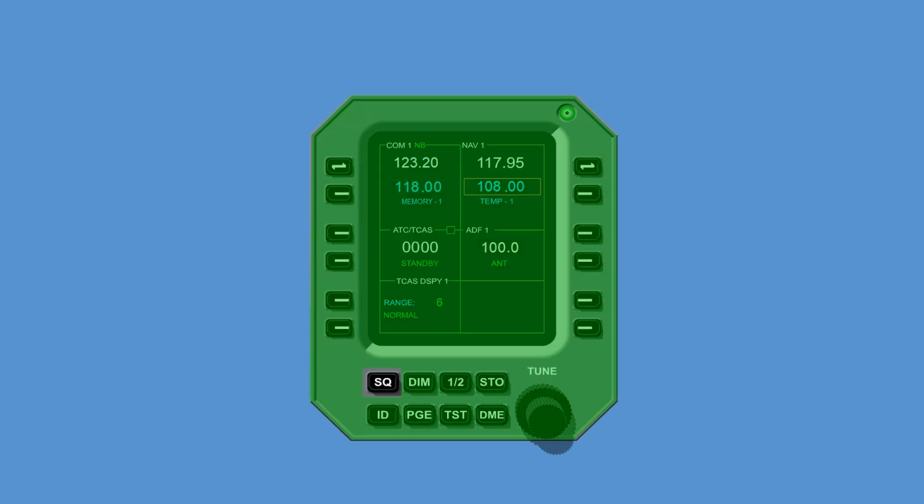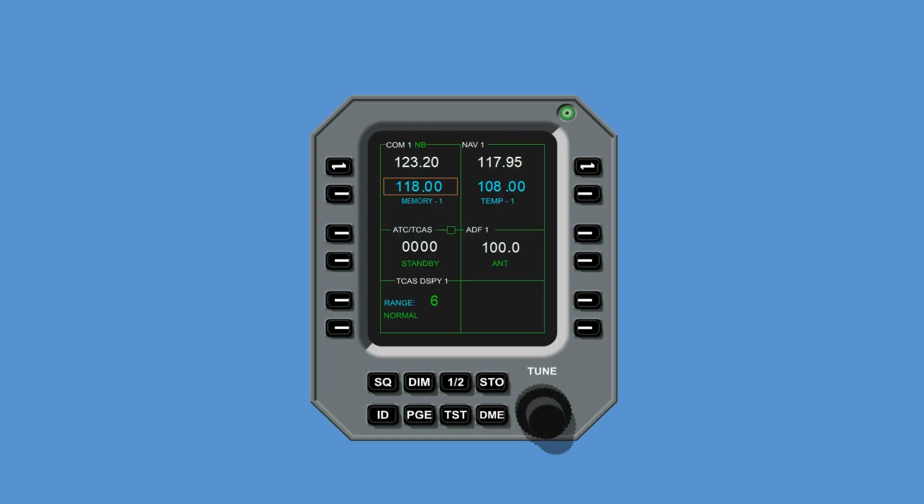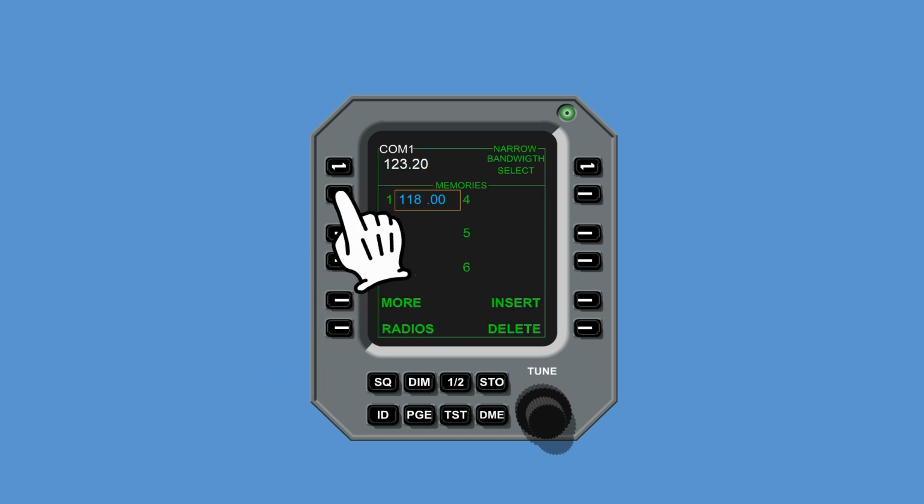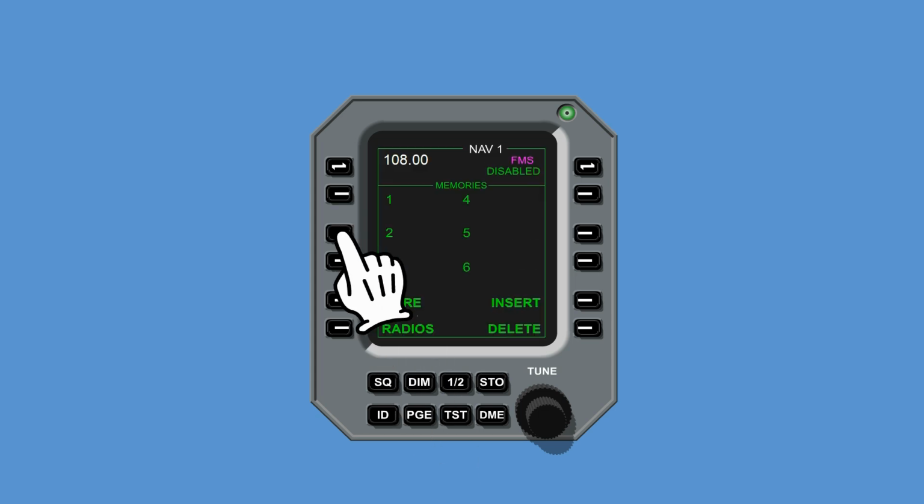The squelch button on the RMU opens the squelch circuit and allows any signal present in the radio to be heard. The dim button allows for selection of the display brightness via the small tuning knob. Pressing the page button on the RMU allows access to additional pages, which are the COM memory page, used to preset up to 12 COM frequencies on 2 pages, the NAV memory page, used to preset up to 12 NAV